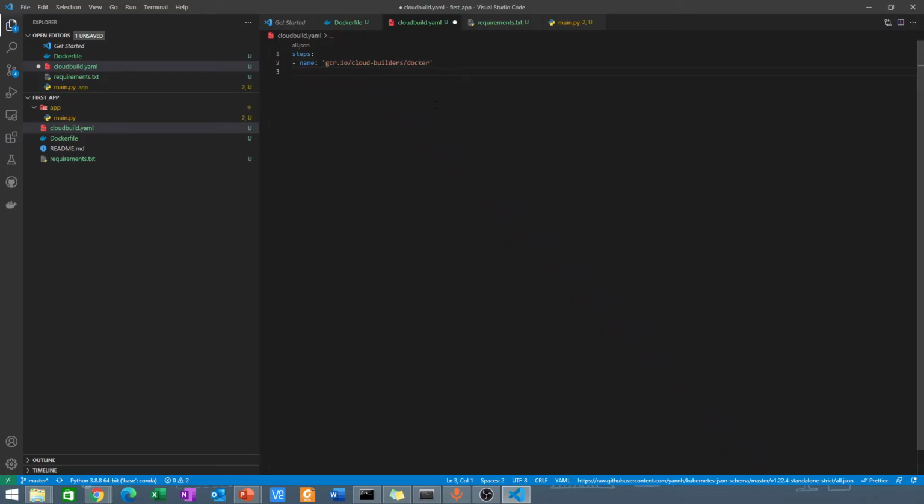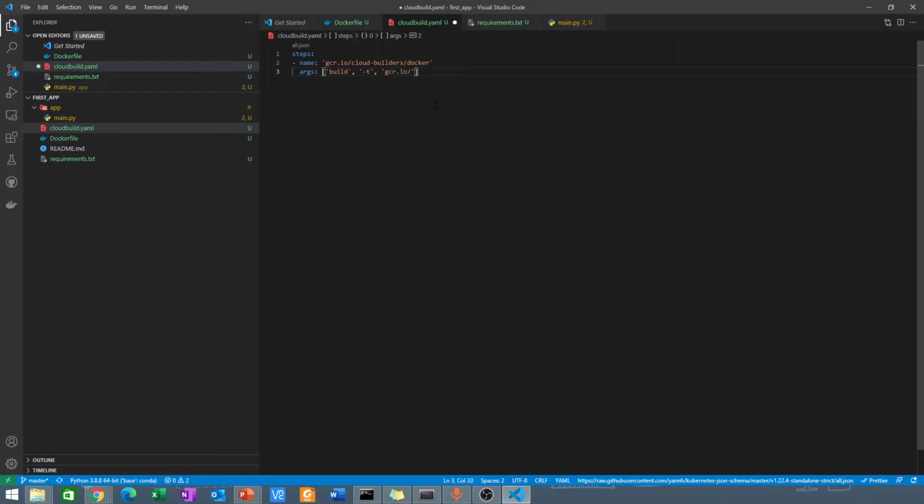And then what are the arguments for this? The argument is that I want to build a Docker image. So I'll type build, and then I want to give the Docker image a name, so it will be tag. The -t means tag that Docker image, and then this is the name I'll give it,